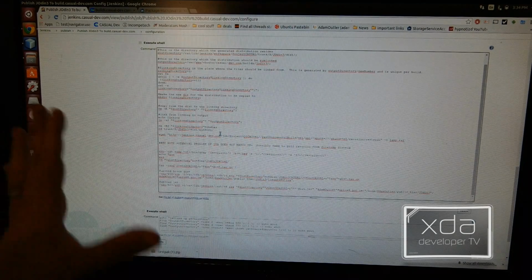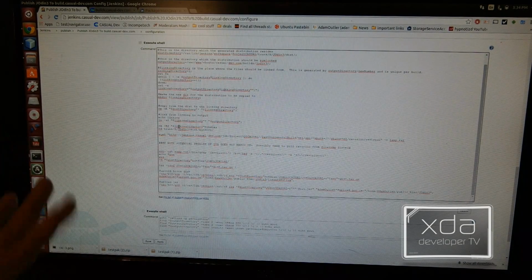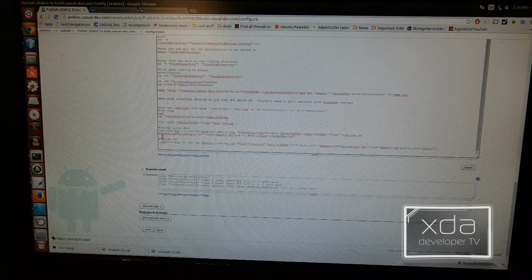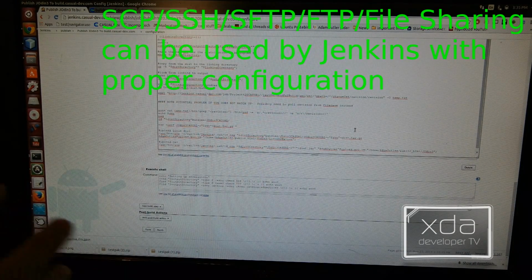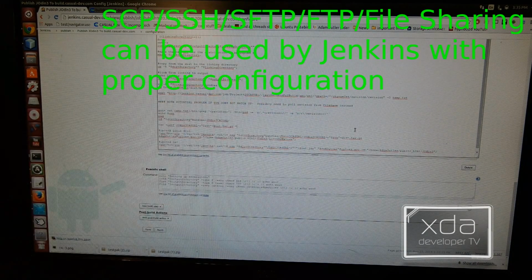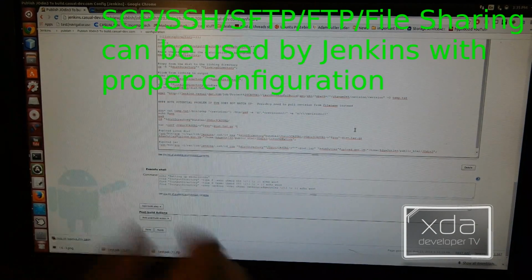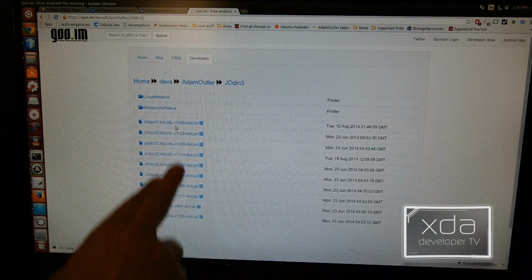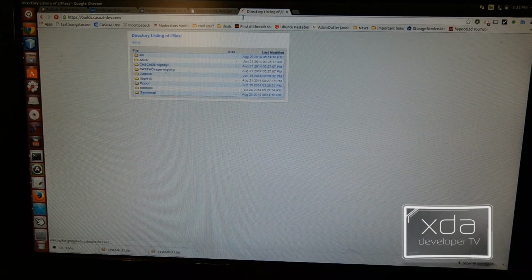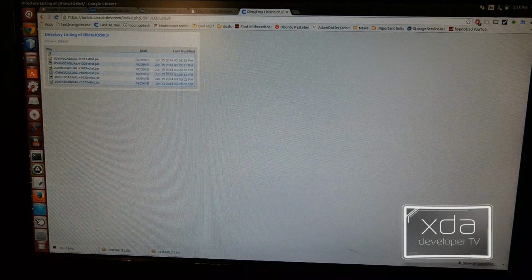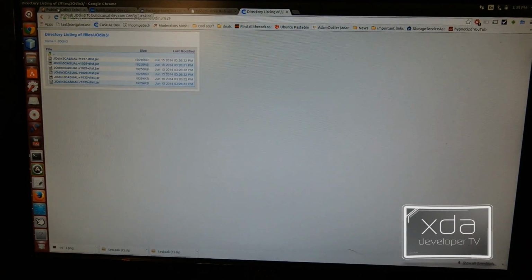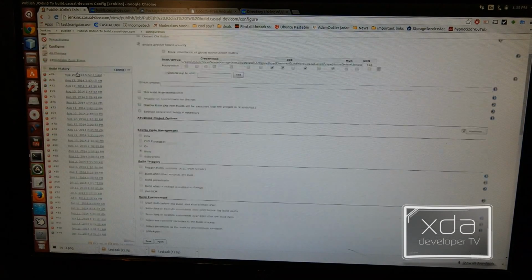So now after it's published to the casual dev site, which is just a matter of moving files around, what we end up doing is we actually SCP in to another website, the goo.im website, and using SSH, we send the files across the internet over to be accessed by goo.im. And you can see here, these are all the different builds that are available. And these builds are the same ones that you will find on this website as well. So goo.im and the Jden 3 website and everything, it's all taken care of, all by the Jenkins that runs